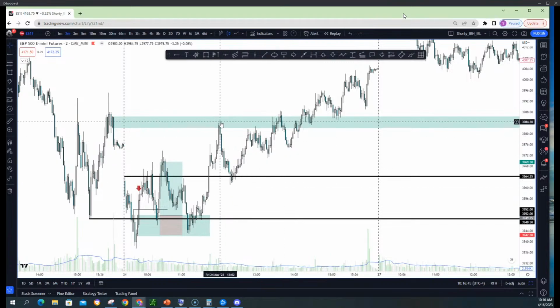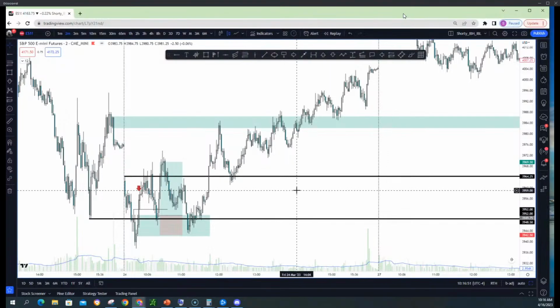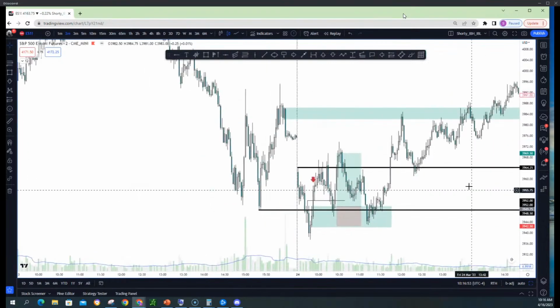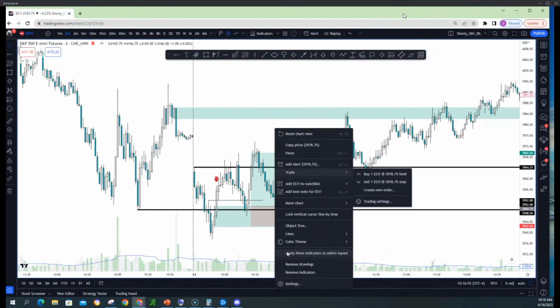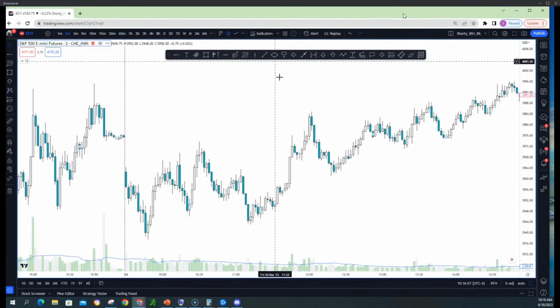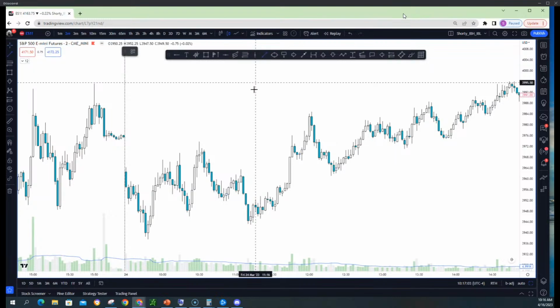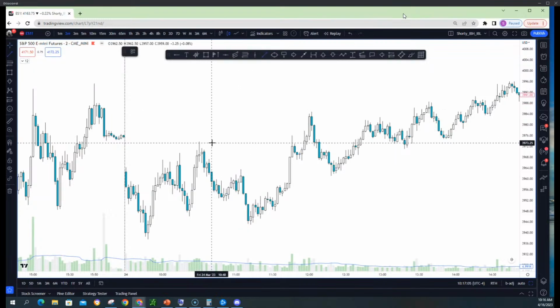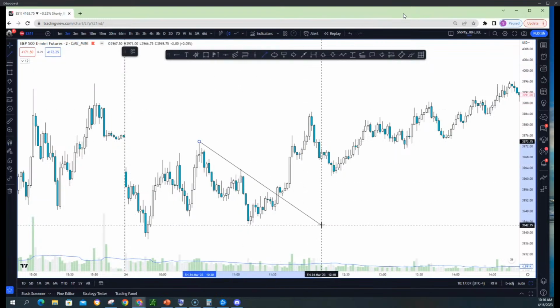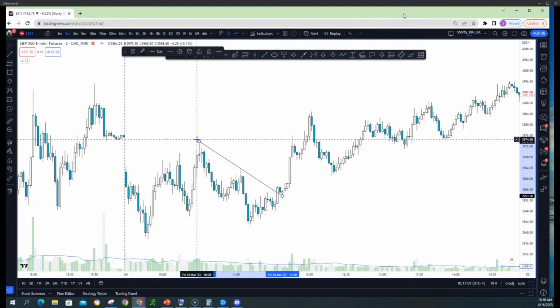Sorry, when you say created liquidity, it means that they left orders standing there waiting? What do you mean by created liquidity? So this is your liquidity creation. Anytime you're creating lower highs and lower lows and you're compressing without a trend, that means you're creating liquidity for a move to happen. This right here is a liquidity creation.